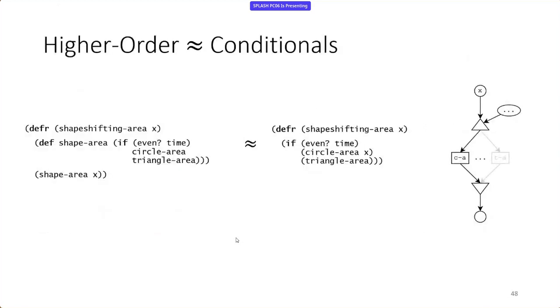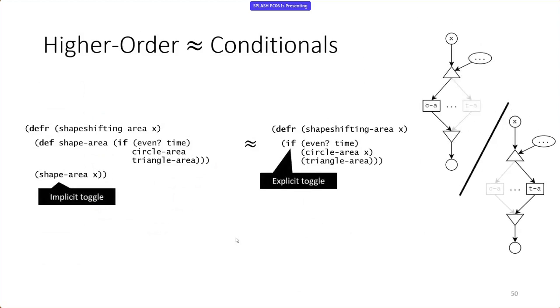So a final note: there is a weird similarity between higher order programming and conditionals. Here are two examples. This is the code from before. We have an if: if the time is even, shape area is going to be circle area, otherwise it's going to be triangle area. And this one does exactly the same, but without the higher order deployment of shape area. In both scenarios, at runtime, it's constantly going to decide: am I going to send data to the deployment of the circle area, or am I going to send data to the triangle area? But the difference here is that this is implicit, because we don't specify where it can